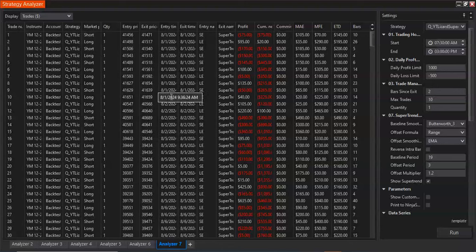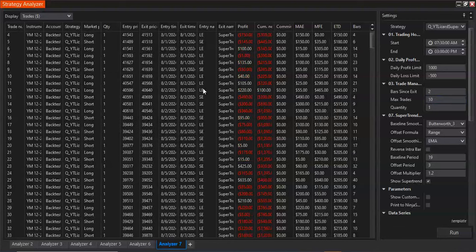One, two, three, four, five, six, seven, eight, nine, ten. Ten trades. Let's count the next one to see if it's still keeping up with it, besides it hitting the daily loss limit. So we got one, two, three, four, five, hit daily loss. One, two, three, four, five, six, seven, eight, nine, ten trades. Stop for the day.